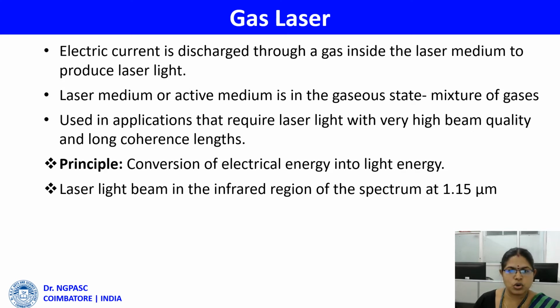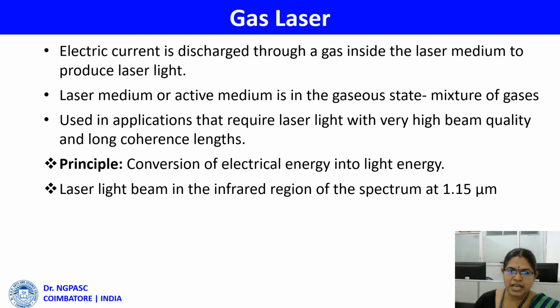We are all well aware that for producing good laser light, we need some lasing medium. There are three important basic components of a laser: one is the active medium, another is the pumping source, and the third is the optical resonator. The active medium is the important place where lasing action can be produced. The pumping source is used to excite the atoms from the ground state to higher energy states, and the optical resonator is another important factor through which light amplification can be achieved. That is the important term in laser, light amplification, and it is achieved through the optical resonator.